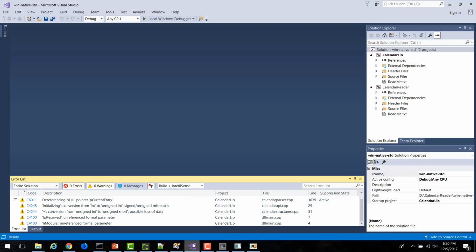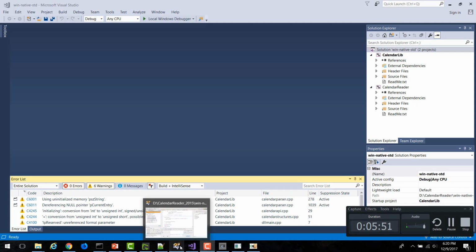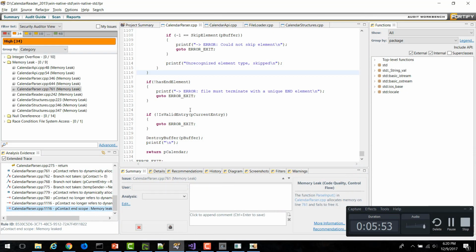Now I've just run a scan using Visual Studio to identify whether it is throwing any kind of issue related to line number 238. It doesn't throw or give any kind of vulnerability that is severe or potentially exploitable. And so I've used HP Fortify to run a scan, and it has given me this particular issue as a